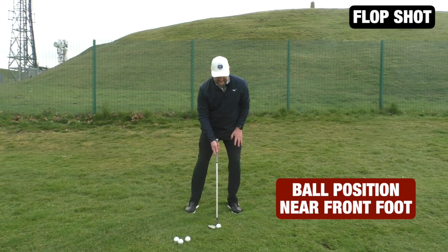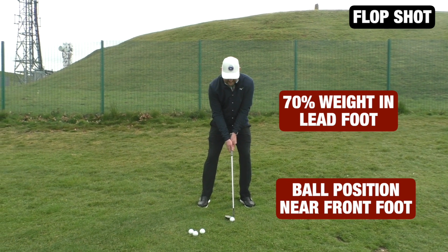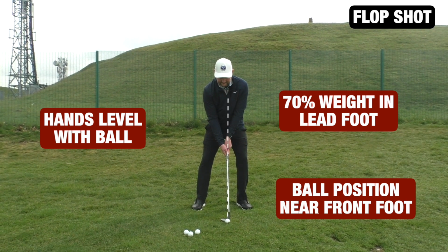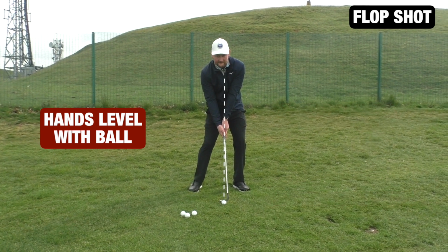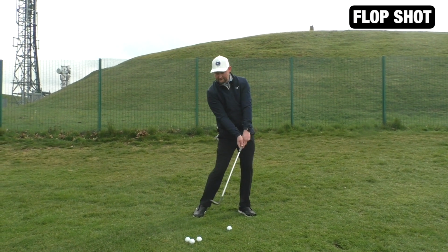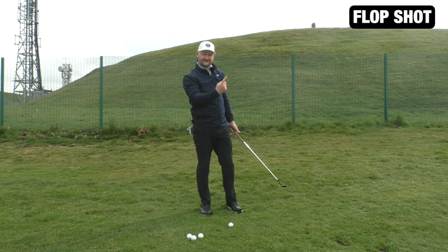And then what I'm going to do is actually keep the weight still in that lead side, so like 60, 70%. And notice now my hands look very level with the golf ball. So they've gone lower, I've got more loft, and they're level with the golf ball. As I come through, I'm going to try and deliver them back to level. And then as I go through, I'm almost going to try and get the club face to look back over my head here. So I'm not letting it release and taking loft off it. I let it go back over my head, see it pointing there,